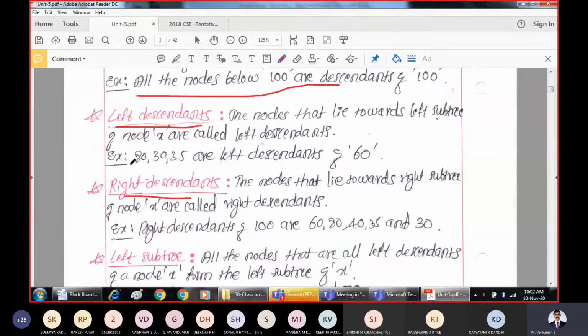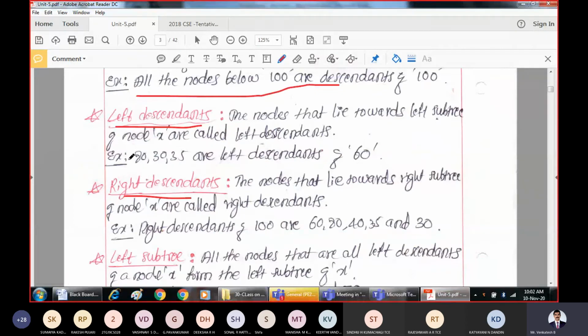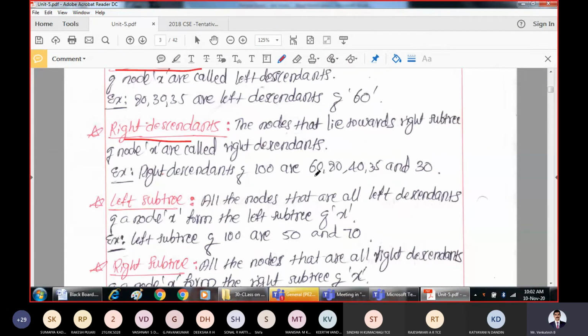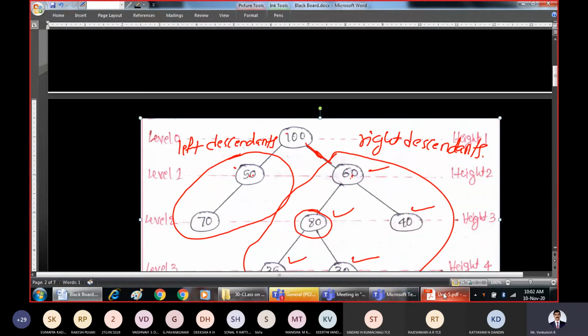Say for example, 80, 30, 35 are left descendants of 60. Similarly, right descendants: 60, 80, 40, 35 and 30 are all right descendants of 100, because they are lying